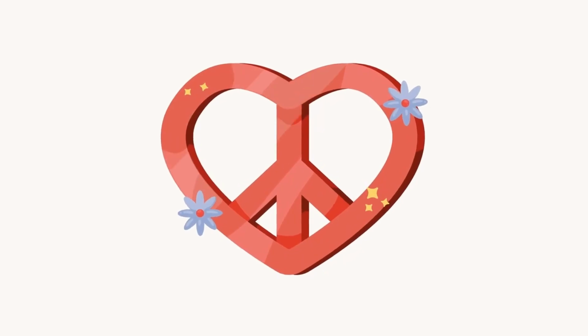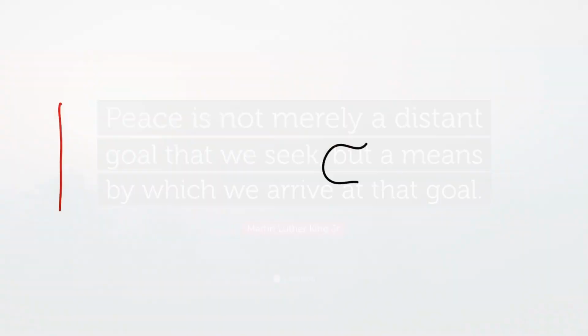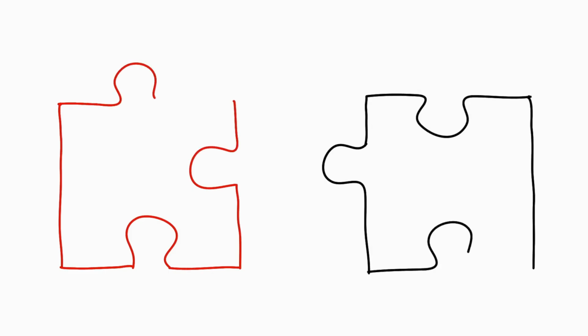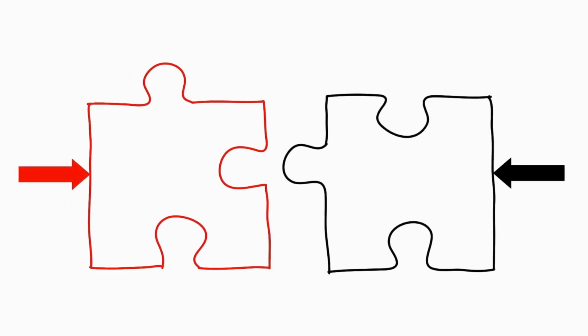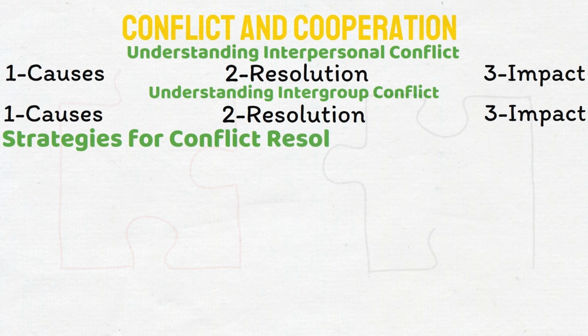As Martin Luther King Jr. profoundly stated, "Peace is not merely a distant goal that we seek, but a means by which we arrive at that goal." This encapsulates the idea that cooperation and conflict resolution are integral in achieving peace and harmony in social interactions. Conflict resolution and cooperation are crucial elements in the realm of social psychology, essential for maintaining harmonious relationships and effective group functioning. Let's delve into various strategies that are instrumental in resolving conflicts and promoting cooperation, essential for both